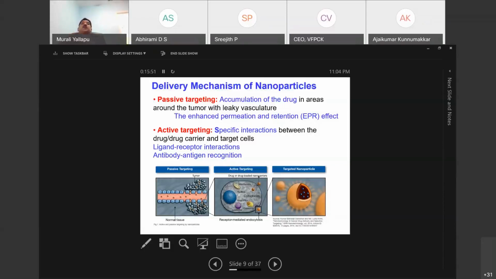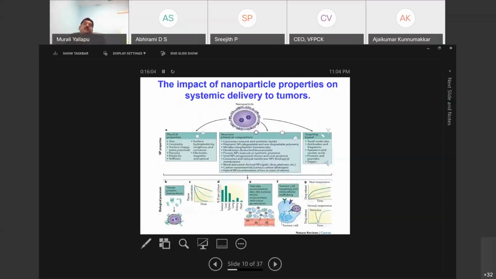They can more specifically target those tumor cells, and therefore you may have more drug or imaging agent going to the tumors. So these are the two main mechanisms, the better ways that we can use nanotechnology to deliver the payloads at the tumor site. And this is the one slide that will tell us everything about nanotechnology in terms of delivery of agents to the tumors more effectively,